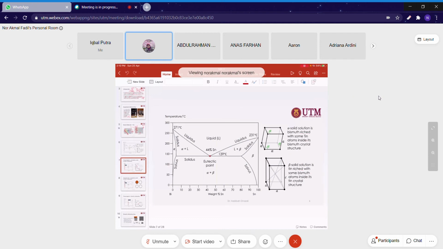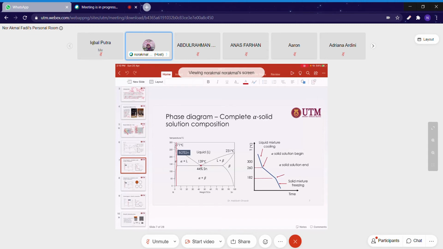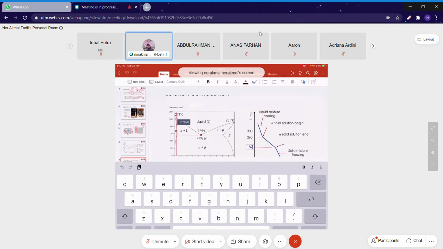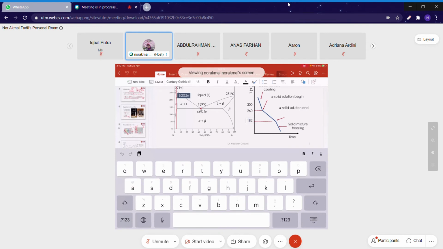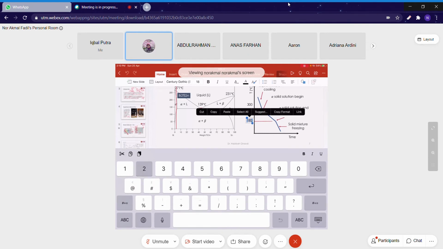Regarding the last statement for the cooling curve. All right. For this temperature, it is supposed to be about 225 degrees Celsius. Why? Because if we talk about the end of solid formation, for this point,